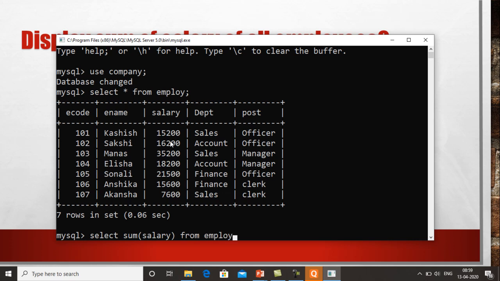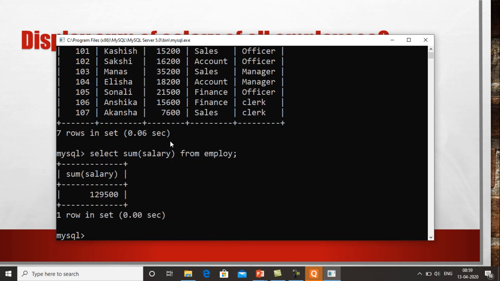Now you can see that I am using an aggregate function, sum, and by using this sum function I am finding the total amount of all the salaries. When I press enter, you can see that I get the total of all the salaries, around 1,29,500.